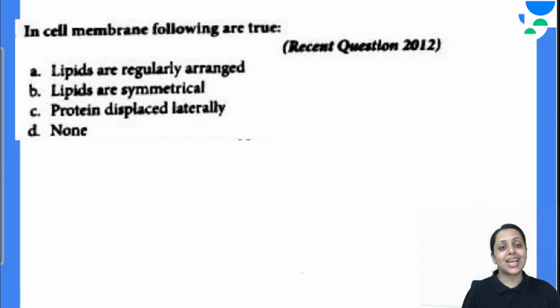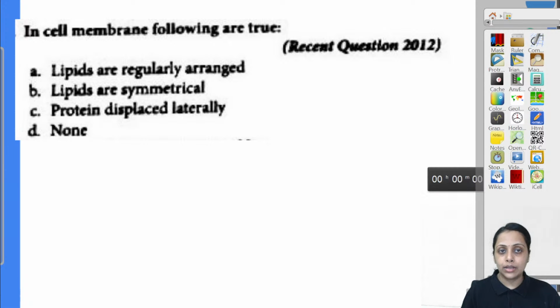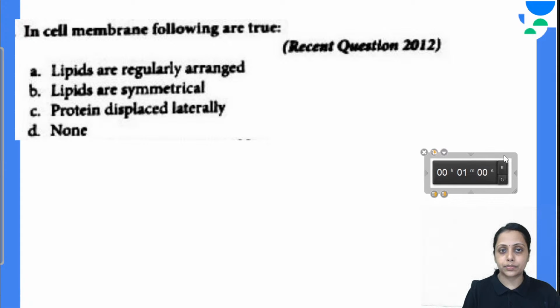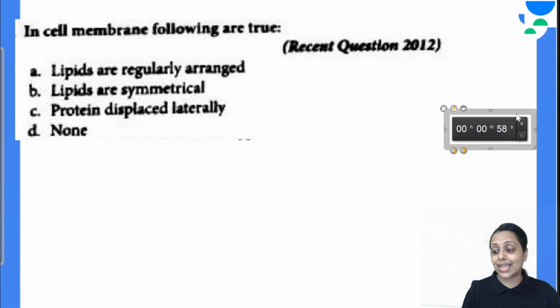Coming to next question, in cell membrane following are true. Lipid are regularly arranged, lipid are symmetrical, protein displaced laterally, or none. In cell membrane following are true except,